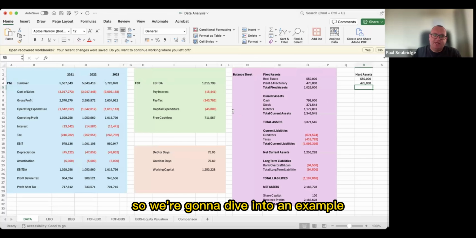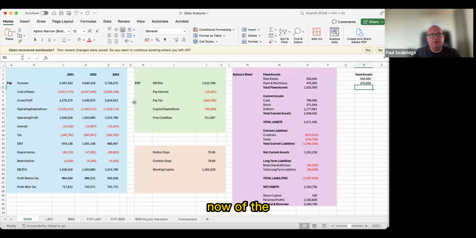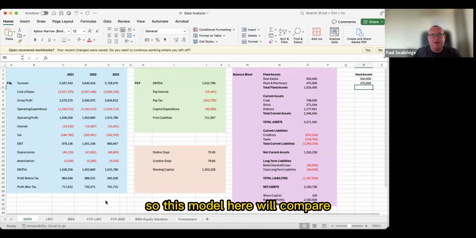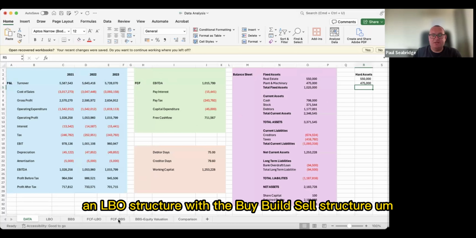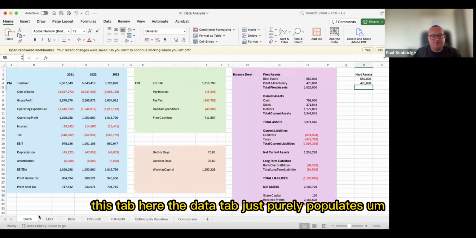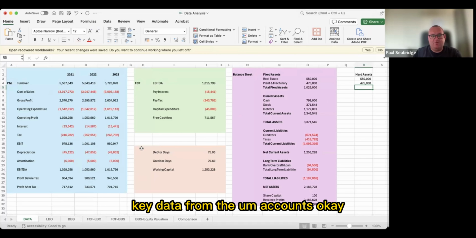We're going to dive into an example now of the alternative deal structure to a leveraged buyout. This model will compare an LBO structure with the buy, build, sell structure. This is a live example, and this data tab purely populates key data from their